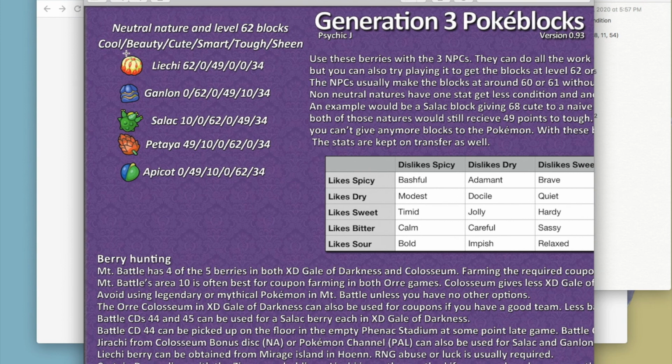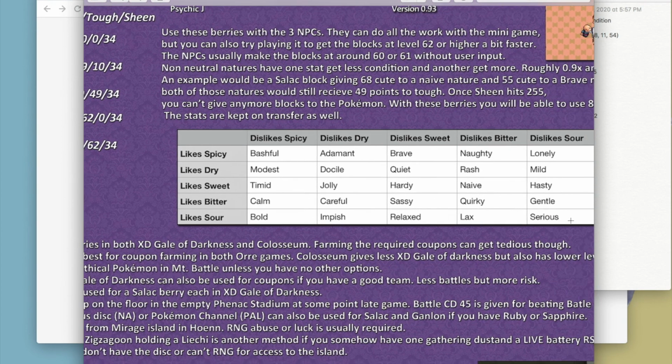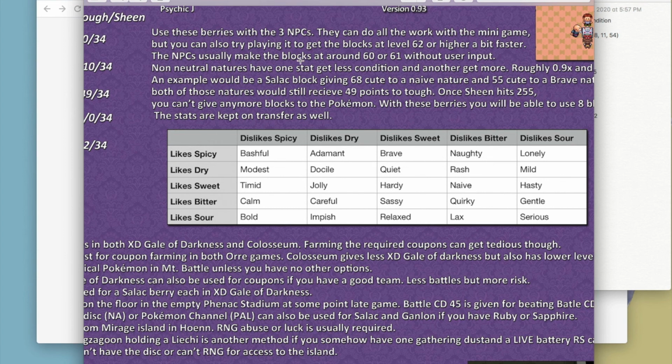These numbers right here are for neutral natures. So if you have any of these middle ones here, the bashful, docile, hardy, quirky, or serious, that's a neutral nature. That means neutral. If you didn't know, a neutral nature is something that doesn't affect your stats whenever you level up, whereas a non-neutral nature, like adamant,